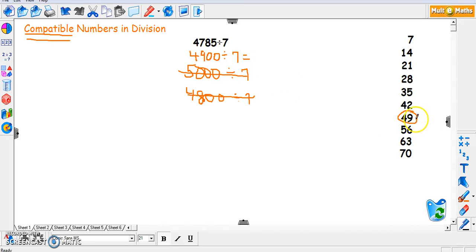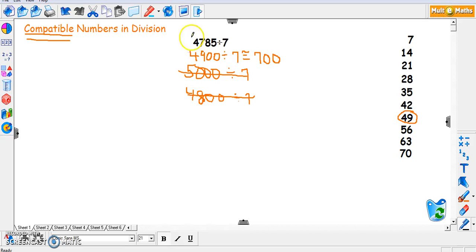Can I do that in my head? Absolutely. I've made this 49 into 4,900. And now I'm just talking about my basic facts. 49 divided by 7 is 7. And for the 2 place values, I filled in with zeros. I'm going to do that in my quotient as well. And so I'm saying that my estimated answer is about 700 groups of 7